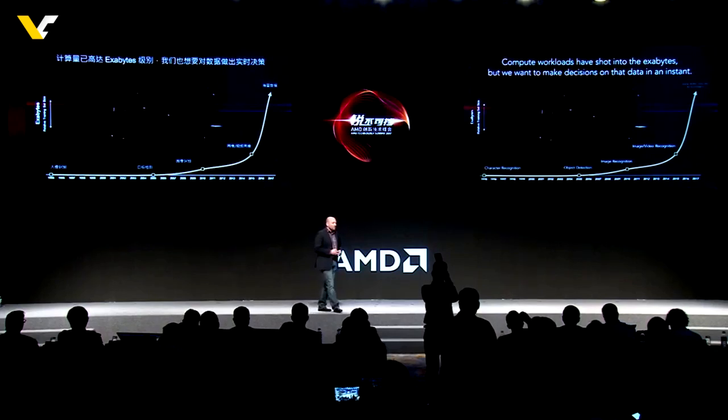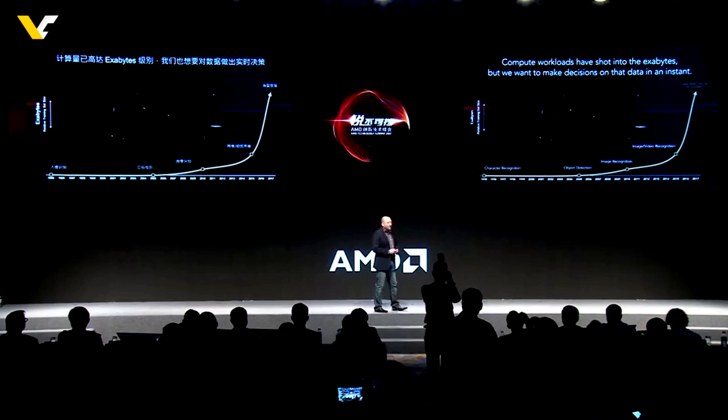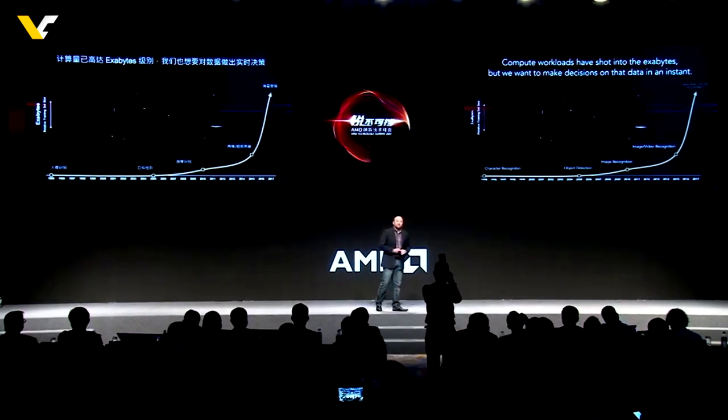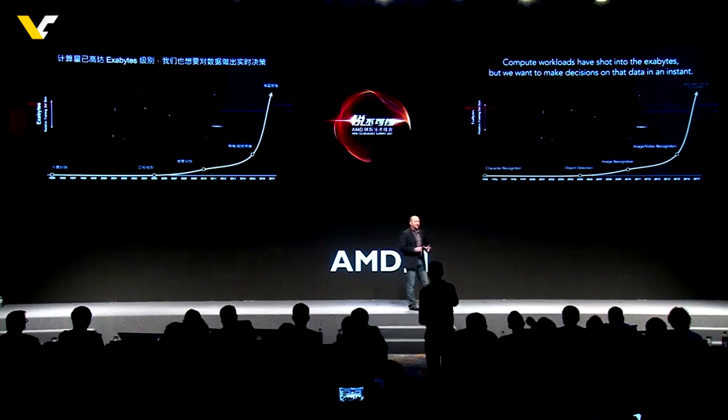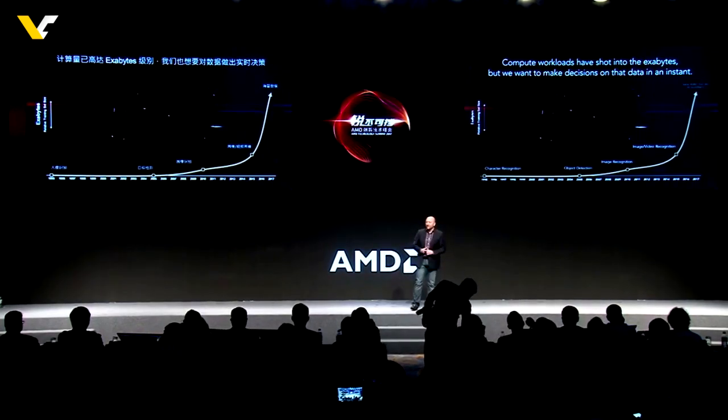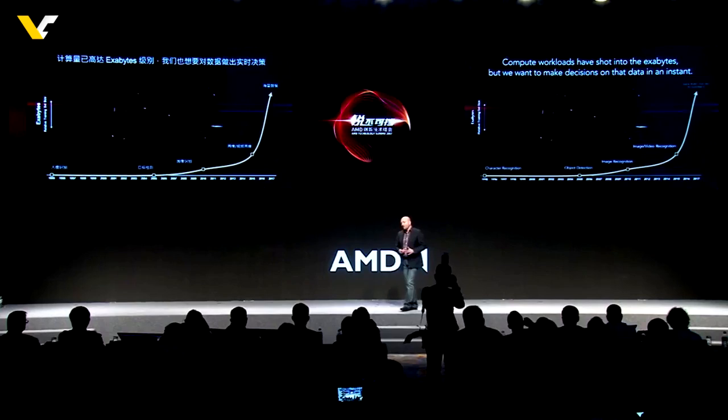Also, when we take a look at the Vega architecture, we thought about the professional side of it, or the compute side of it. In the compute market, the problem data sets are even larger. They're ranging into the petabytes today. If you take a look at the 1995 timeframe, character recognition, all the way through the late 90s into the 2000s and even to today, our data point is actually too big to illustrate. We can't even plot the data point on this chart because the professional market wants instant access to exabytes of